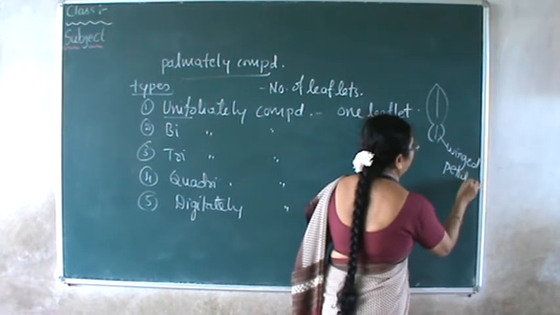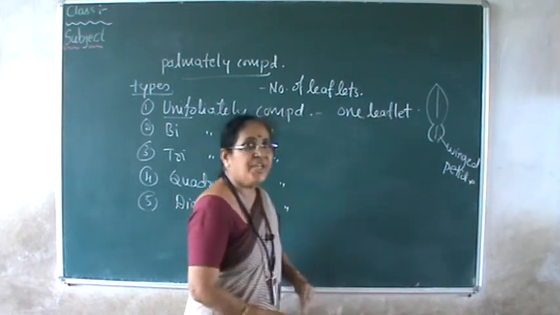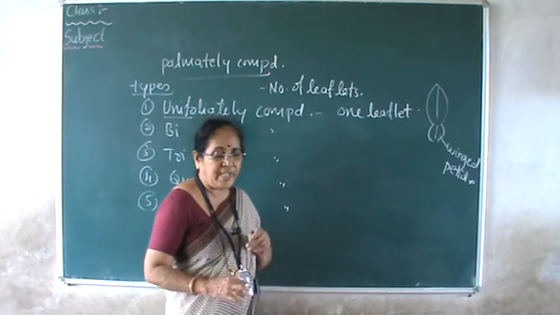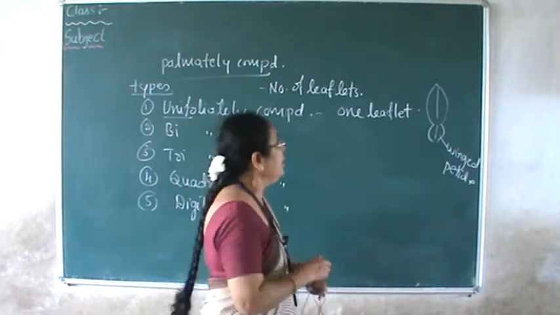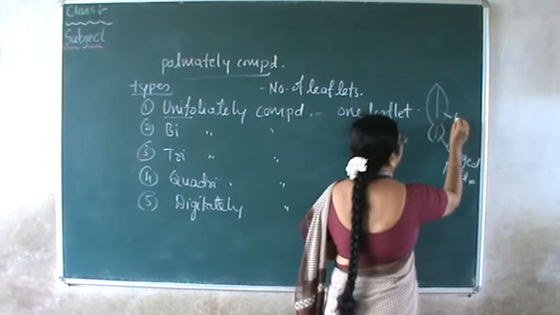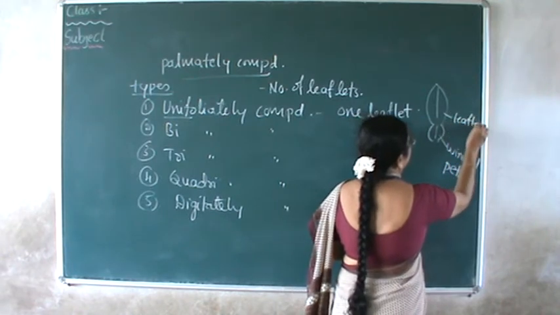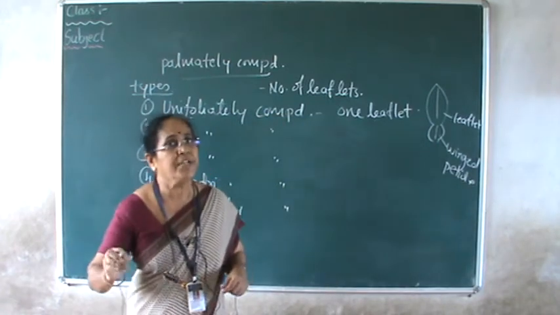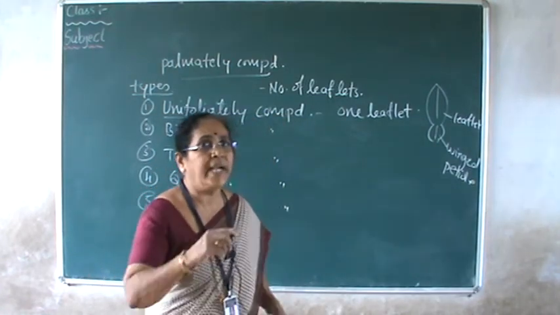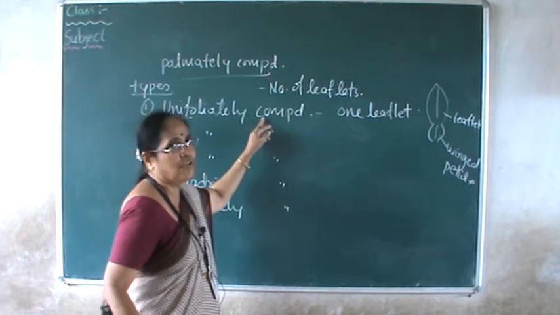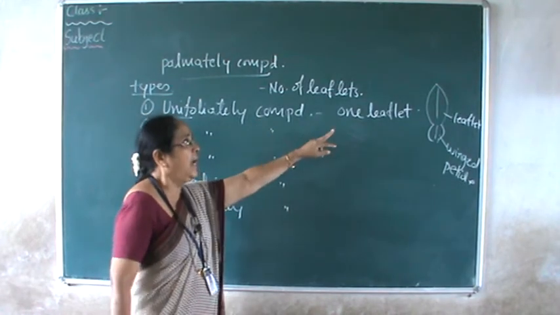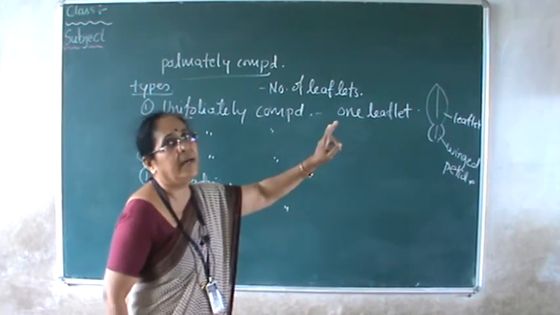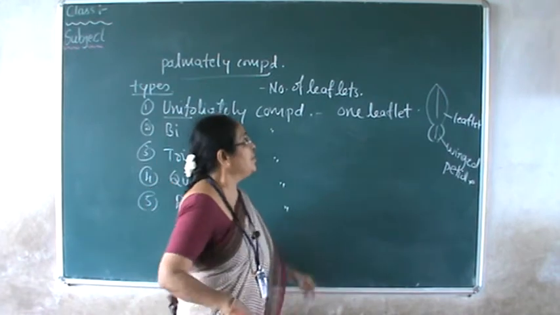Winged petiole of lemon plant or lemon species. Most of the citrus fruits have that kind of leaf, and this is only one leaflet. This is a single leaflet. This is never considered as a simple leaf. This is a leaflet, and the winged petiole is ending with one leaflet there. Hence it is called a unifoliately compound leaf. An example is lemon, and most of the lemon, orange, etc.